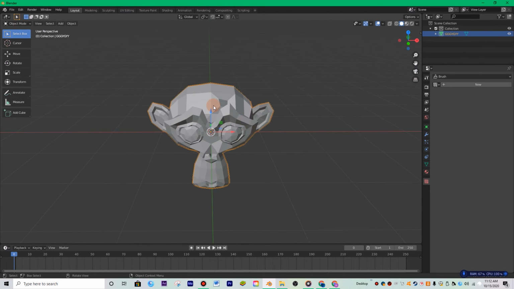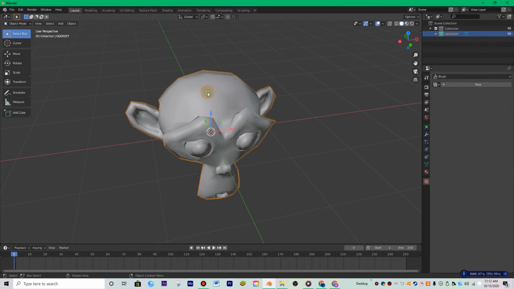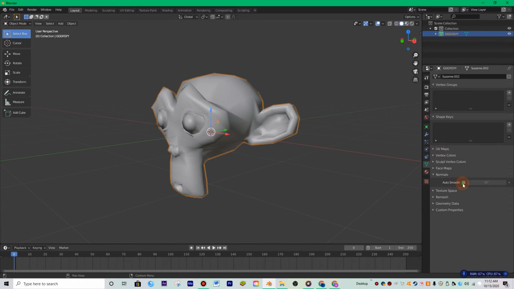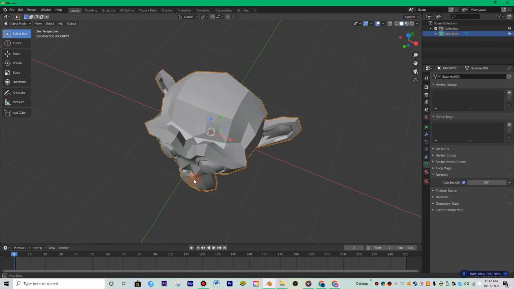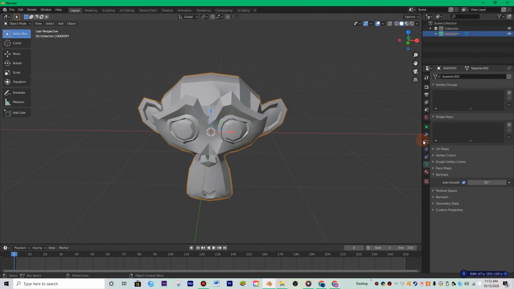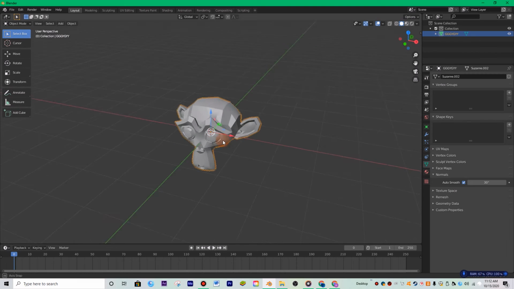And if you want to shade the object smooth, you're gonna left click, shade smooth, and it's gonna look kind of weird. So just go to vertex groups, go to normals, and check auto smooth, and it's not going to look all that smooth, but it's going to look a little bit better than what we had before. So that's basically the